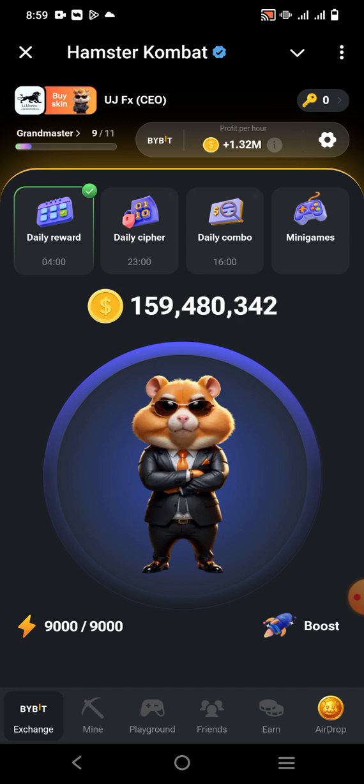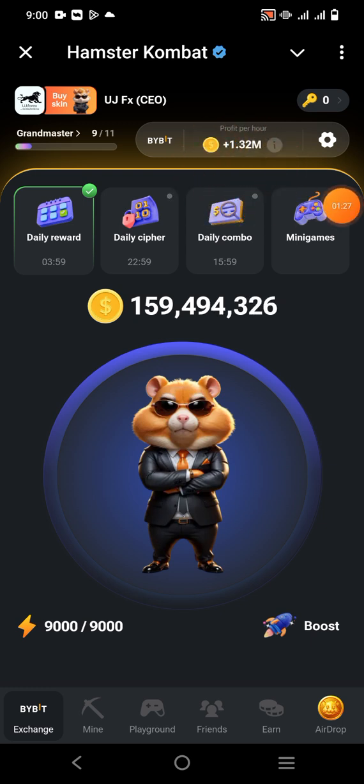Remember 3-4 months ago when I introduced this airdrop, I told you guys that I'd seen the green light, the green flag on this airdrop, that we should keep tapping, keep mining this airdrop, that it is going to pay off. Although from the onset it was confusing. We didn't really know how they were going to count their airdrop, but as time went on, we learned that they're going to be counting their airdrop by profit per hour,